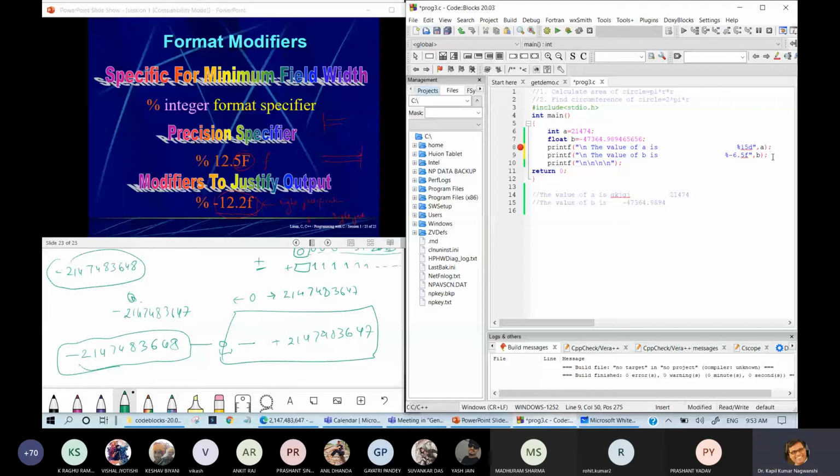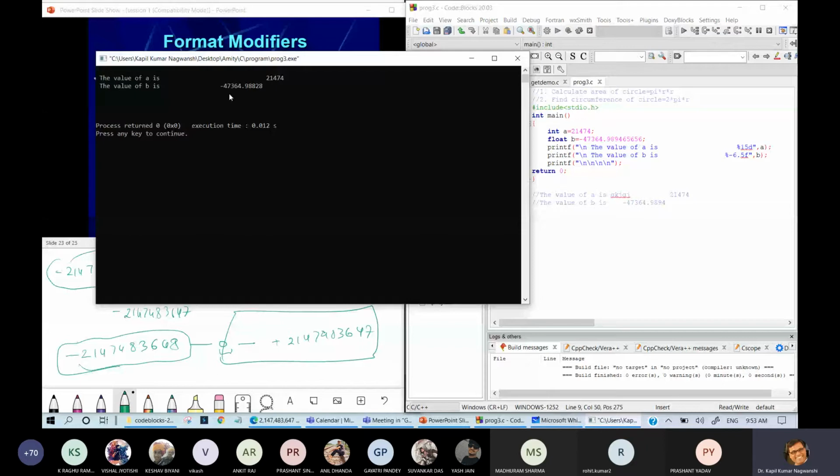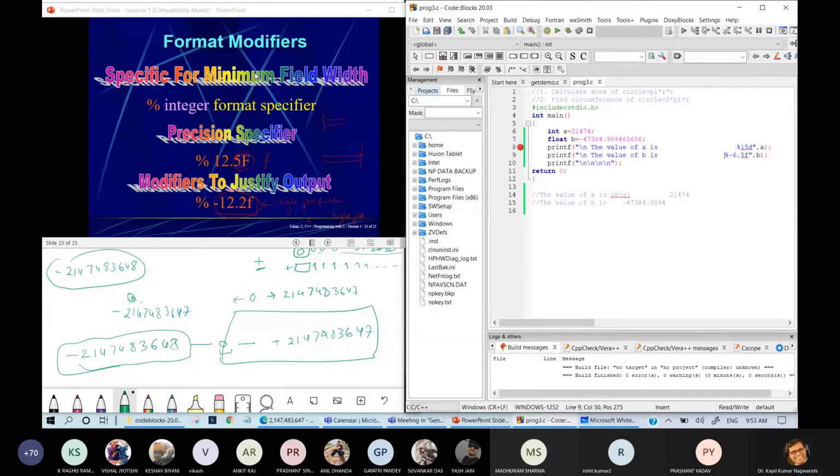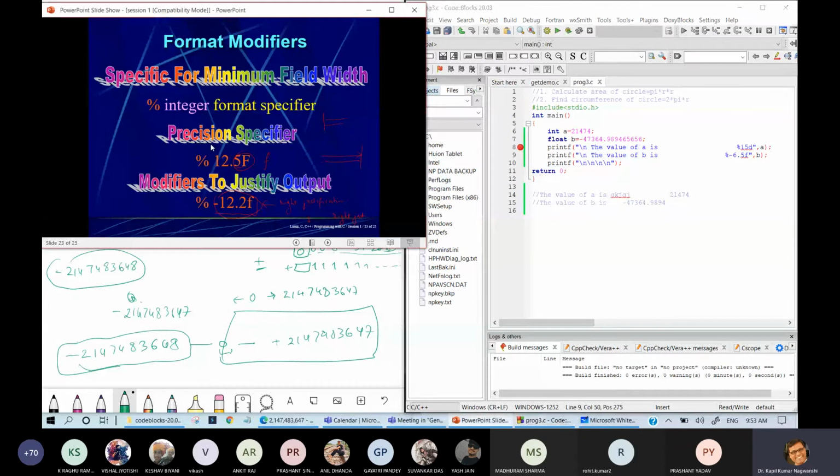Now it will move that side minus 6 position. So now the answer will be like this: minus 6 position from right alignment. Total is 6.5. So this is the way, whatever current position is there, it will move minus 6 places. Fine. So this is the format specifier. Whenever you are creating billing software, then only it will be useful for you. So up to this, format specifier is completed.